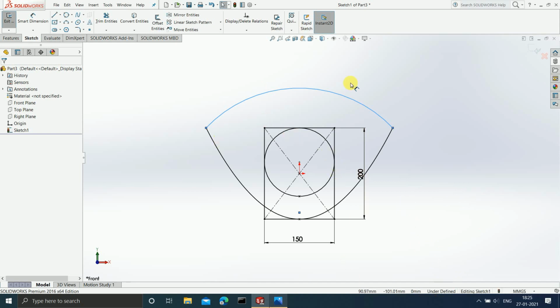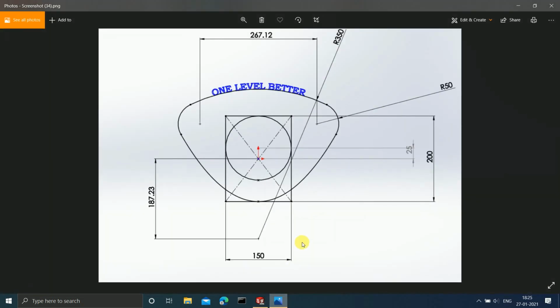Okay, so let us understand what are the dimensions of the arc. So when it comes to the dimensions of the arc, the only dimension that I can see is that, see, this point which you can see, guys, it is very difficult for you all to observe.